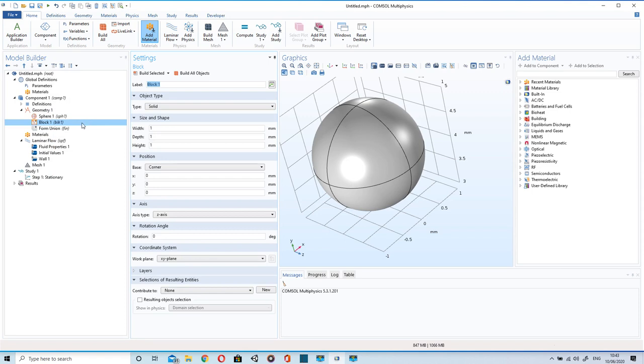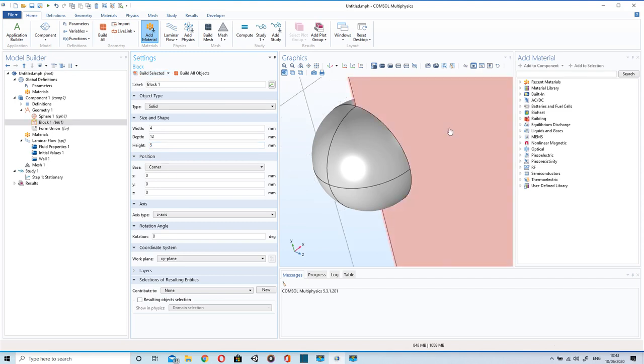Now I will draw a box that will mimic air around the sphere. Width of the box will be 4 mm. The depth of the box will be 12 mm and the height will be 5 mm.